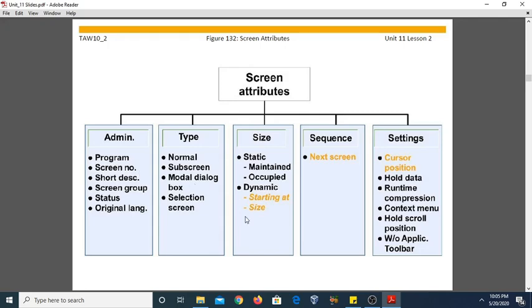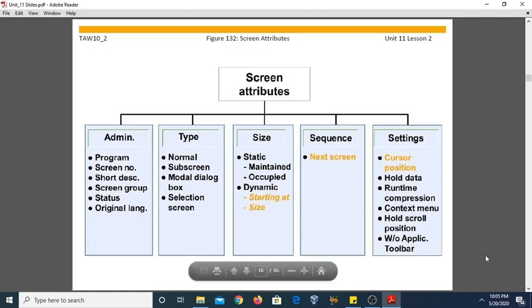One more thing that I want to tell you: a screen consists of generally the screen name and its flow logic. The flow logic is generally a program that controls how a screen image is processed, or you may say this flow logic contains the coding part, flow logic code.